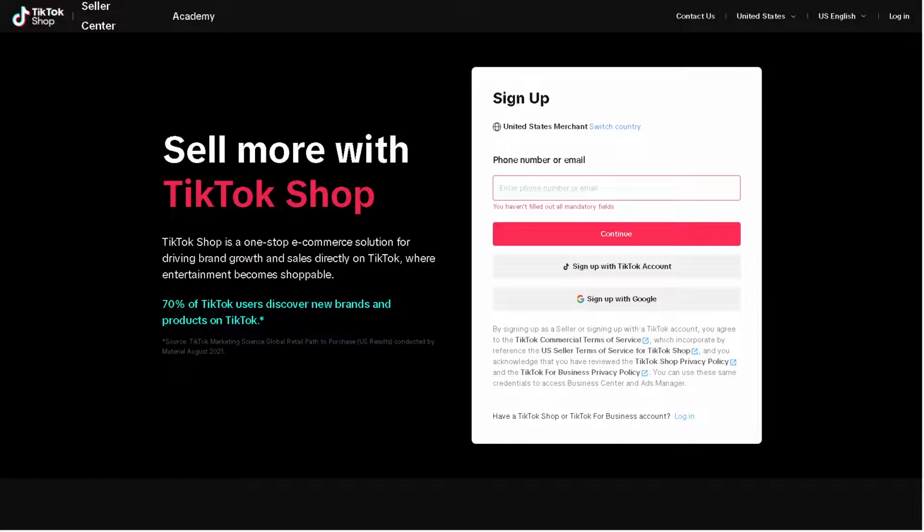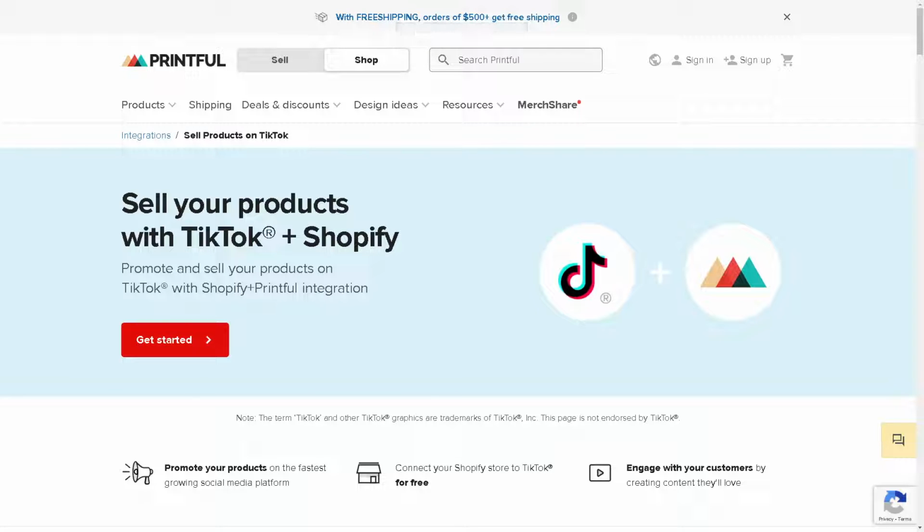Now, if you haven't done so, as you can see, there's a page here that you can easily sign up by providing your phone number or your email address, and you can even sign in with your TikTok account or your Google account. And once you have done that, you need to head over to your Printful account. Now you can simply click on get started if you haven't created your account here, or simply log in